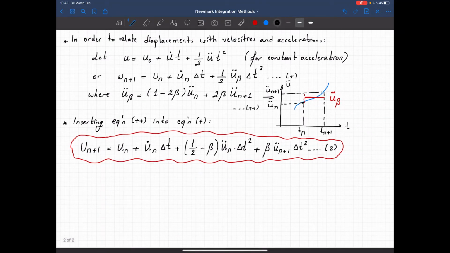Now remember that our equation of motion is as follows: m times u double dot plus c times u dot plus k times u equals p of t. So at discrete time intervals,